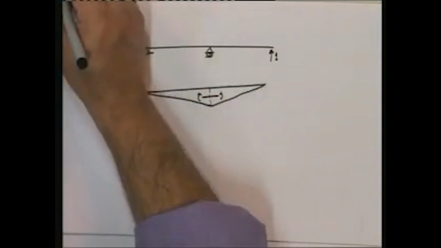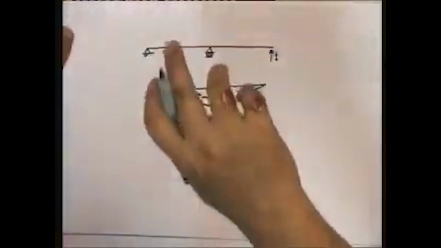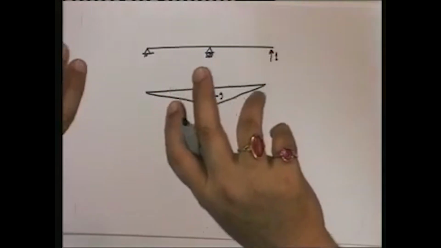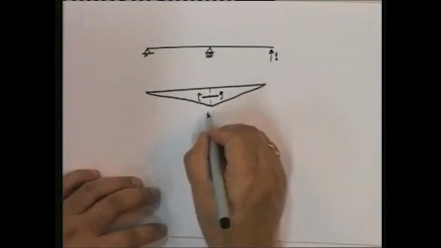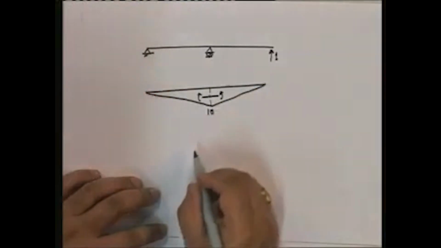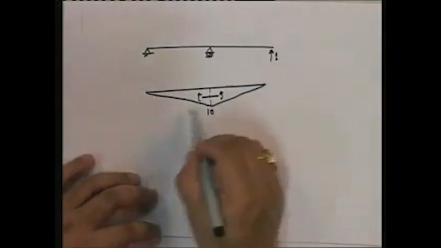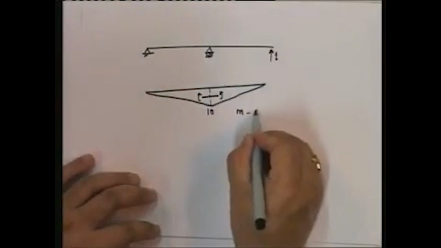If you look at the curvature, it is also this way. Because the bottom increases, you have a situation where the top compresses, the bottom increases, and the flexure is positive in this way. Okay. So, this one is going to be 10 units. Okay. So, this is my small m